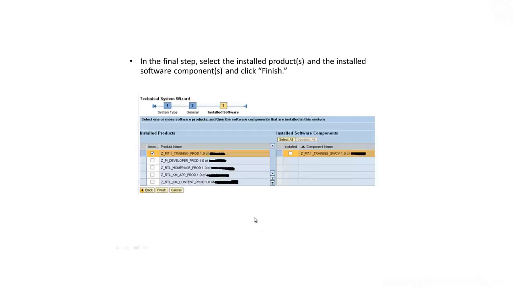Once we click on this next button, we'll get the last step for initializing the software. So here we'll have to select the installed products on the system and the installed software component. So here we'll have to click the appropriate product which is installed on the system and the software component to that. And once we select this installed product, we'll click on this finish button. So this is how we define a technical system under